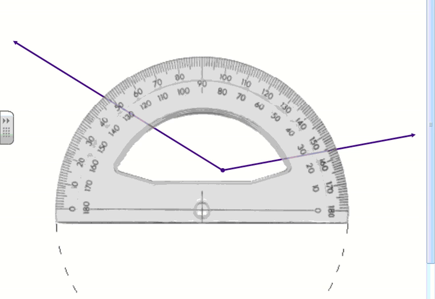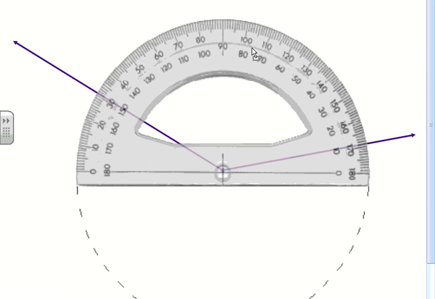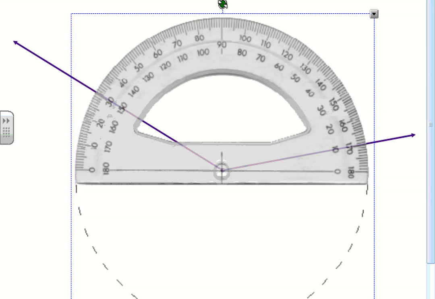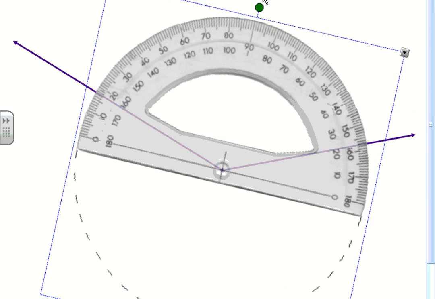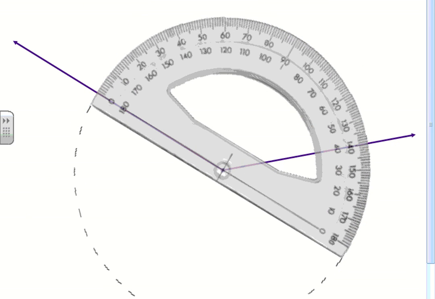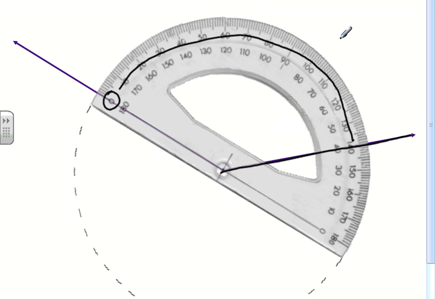Let's try another angle. So again, take your protractor and put the vertex right on this point here, or right on this plus sign. And then I'm going to turn my protractor so it lines up with 0. So this time I'm going to be using the top row of numbers because I start at 0 and I work my way around. So I'm following it around. And this angle goes right here. So this angle is about